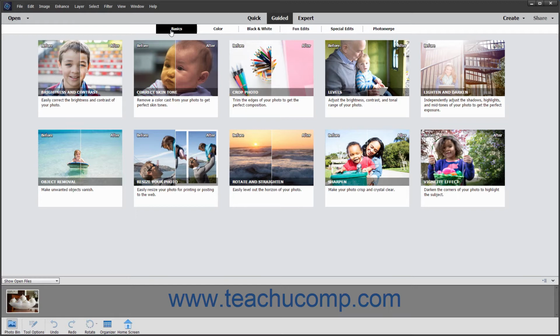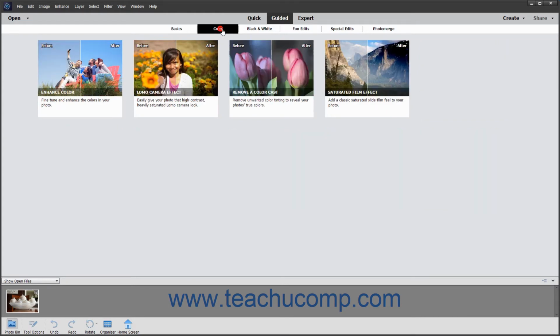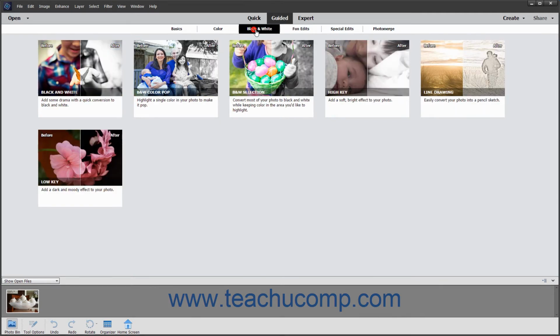The categories for guided edit mode appear directly below the Shortcuts bar. The basics let you make basic adjustments to your image using functions like brightness and contrast and sharpen. The color category lets you make changes to the color of your image, like remove a color cast. Choosing black and white lets you make all or some of the photo black and white using functions like B&W